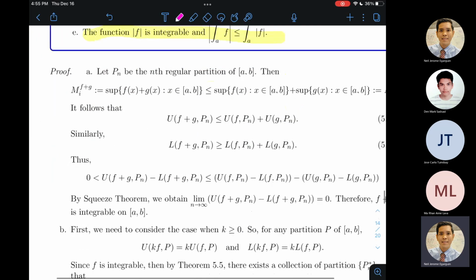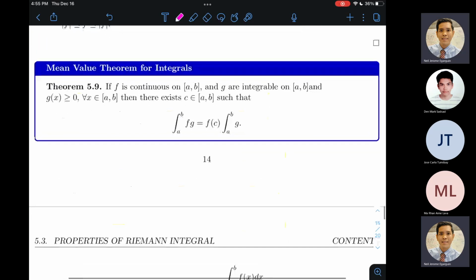Okay. Now, we have two important results left for the course. The first one is the mean value theorem for integrals. Theorem 5.9 is a generalized version of the mean value theorem for integrals. So, ang sabi niya, kapag si f ay continuous sa closed interval AB, tapos, so si f ay continuous,